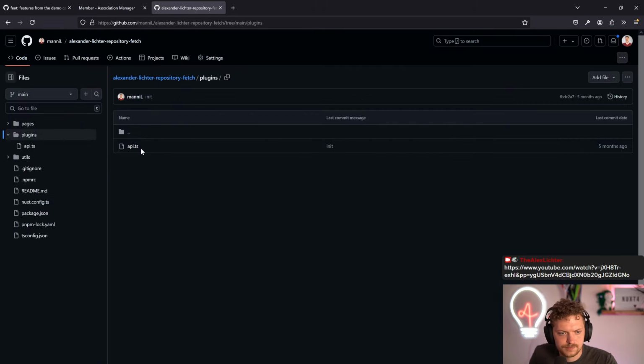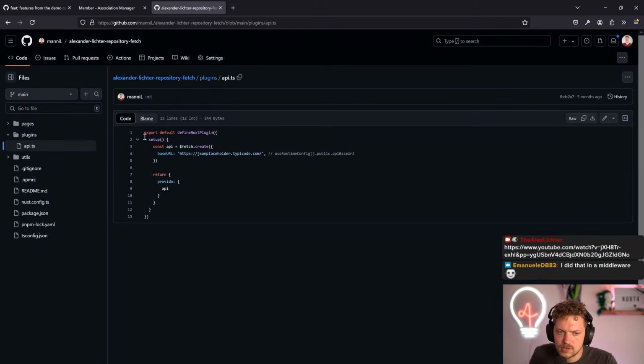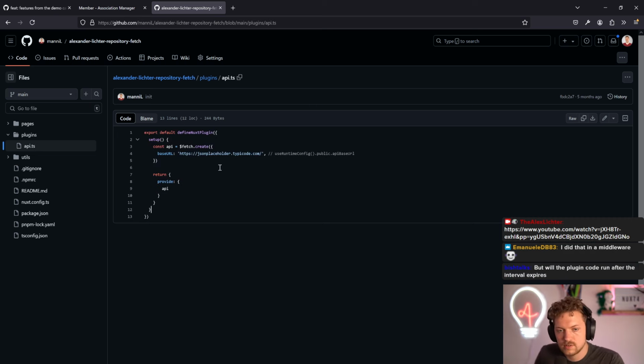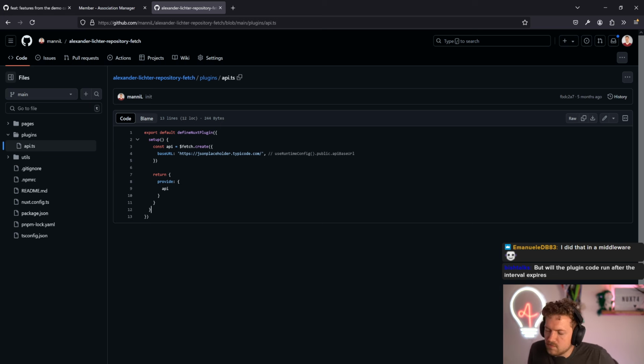So if we have a plugin here, you have that API. I would probably put it here somewhere. So you can execute it. It's executed. Ideally also set interval, be careful, only do it on a client, of course. But will the plugin code run after the interval expires? The idea is not necessarily, but I did it in middleware. That's also a way. If you do an interval, not a timeout, it will happen recurrently. If you then use a ref, for example, that stores that,